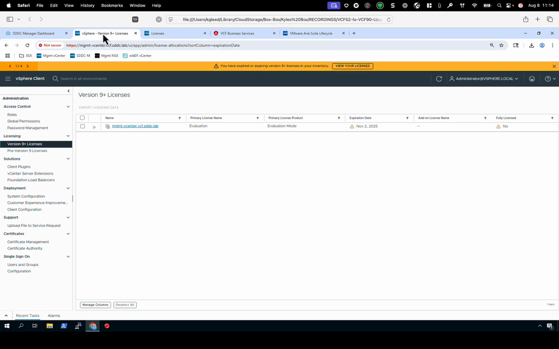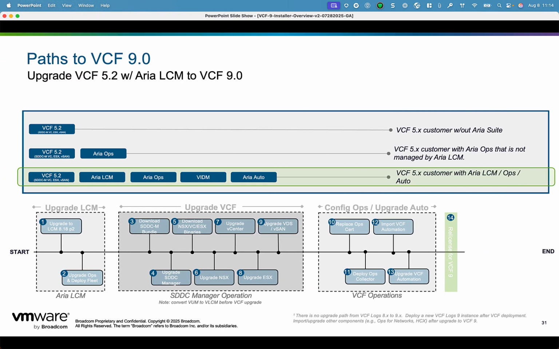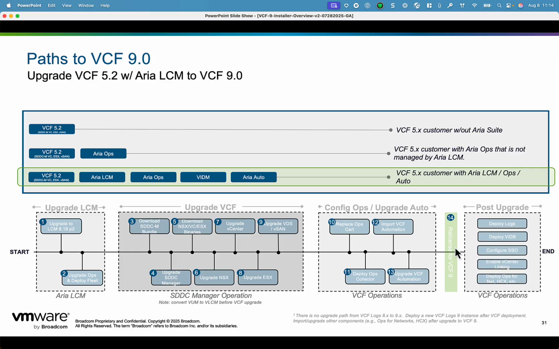We go back to the vSphere client where we're looking at the current licenses. We'll do a refresh. You'll see it switches from evaluation to an actual license because I now license this with VCF 9. All right, and so with that, we have completed the licensing of our environment, so we're now up and running, and so the remaining tasks will vary based on the customer